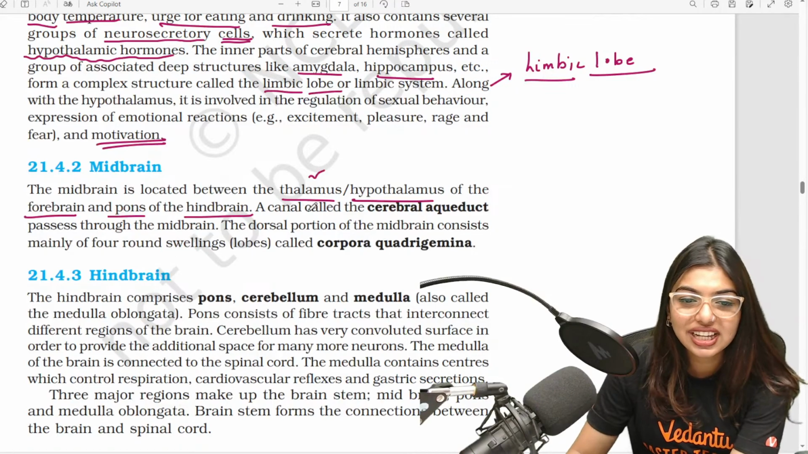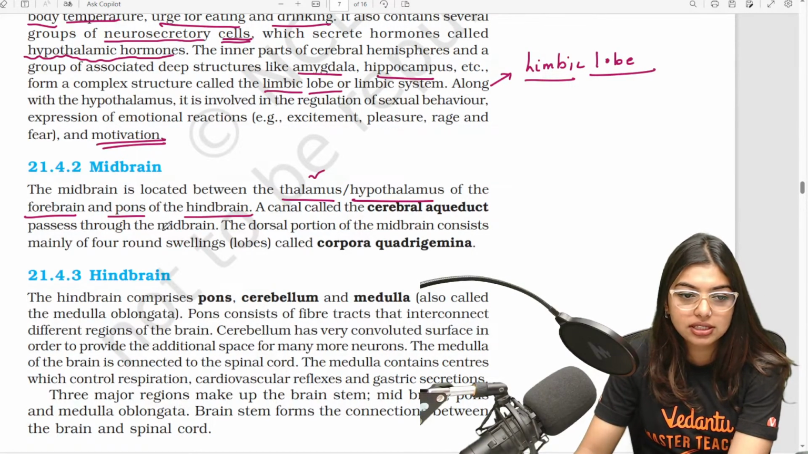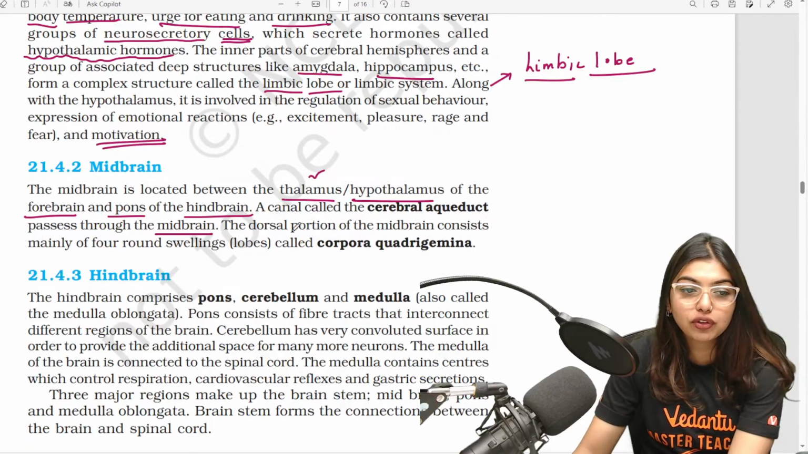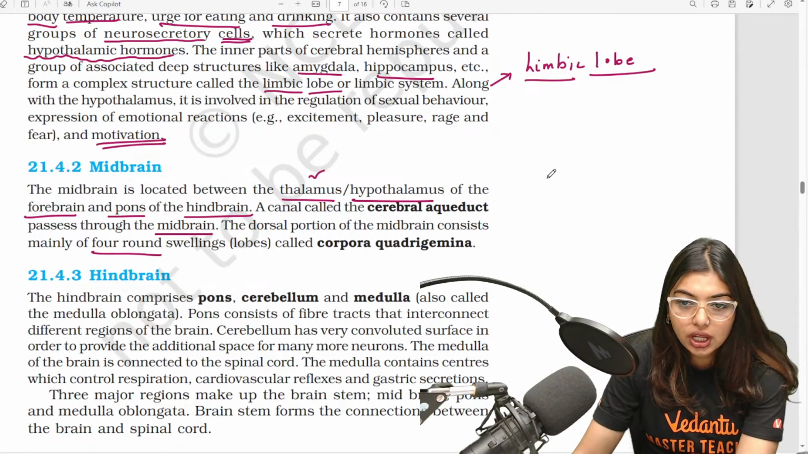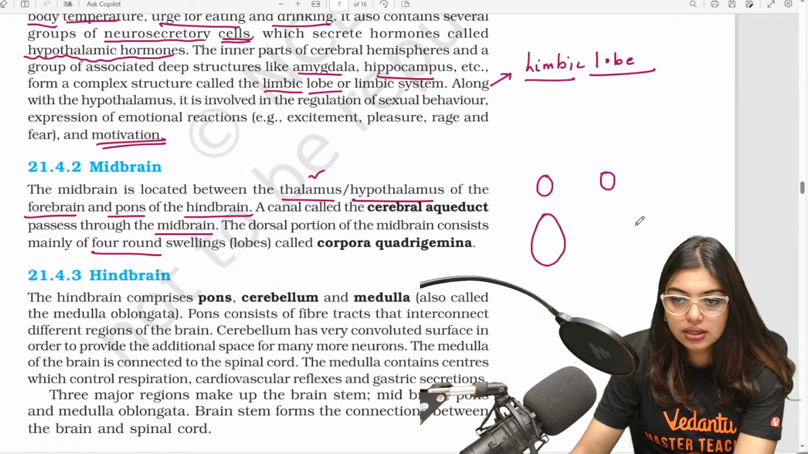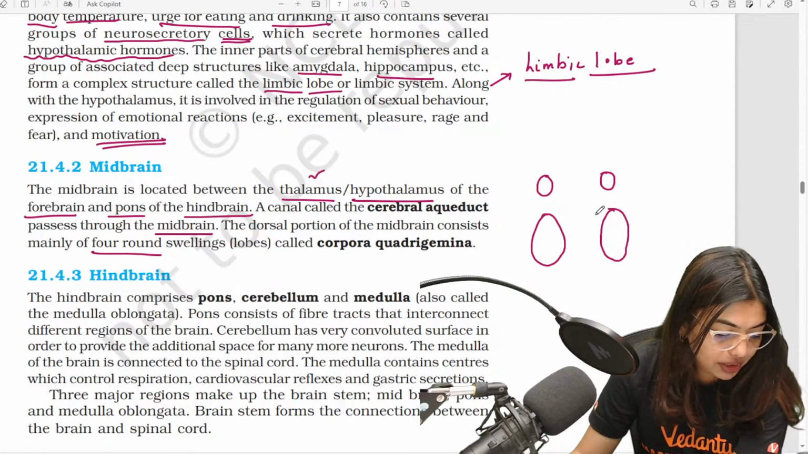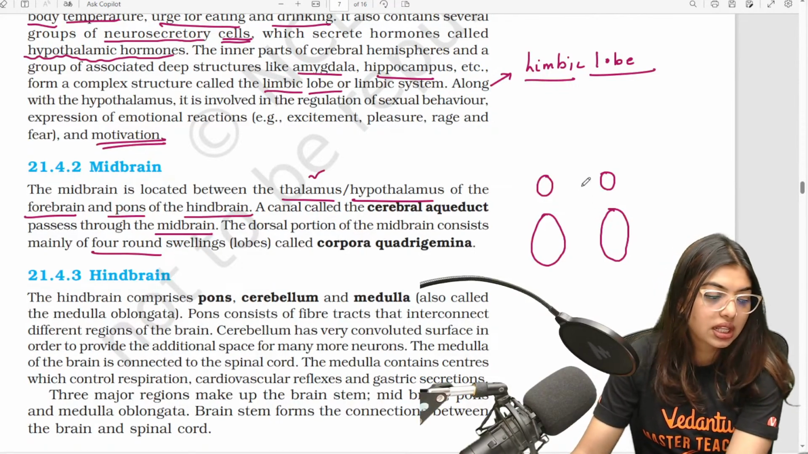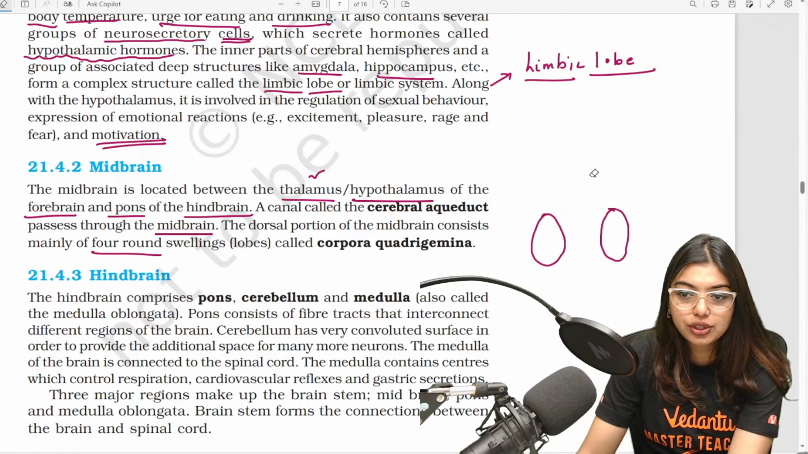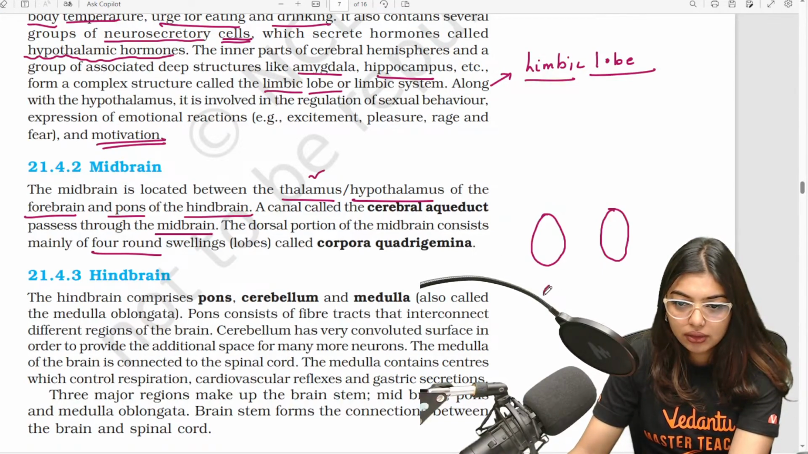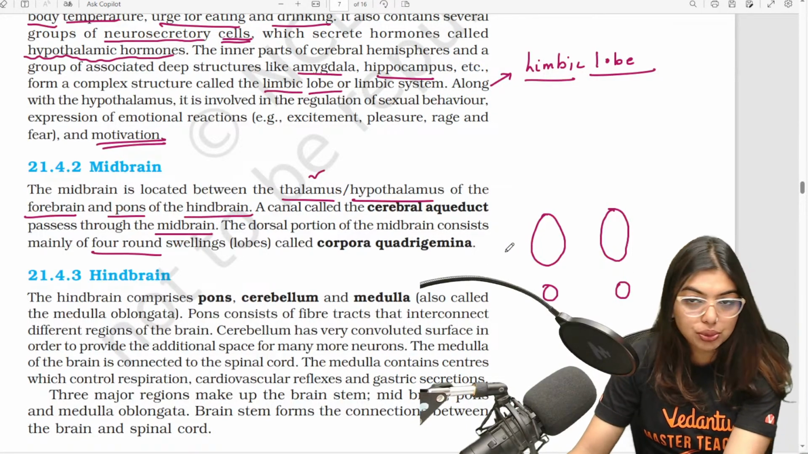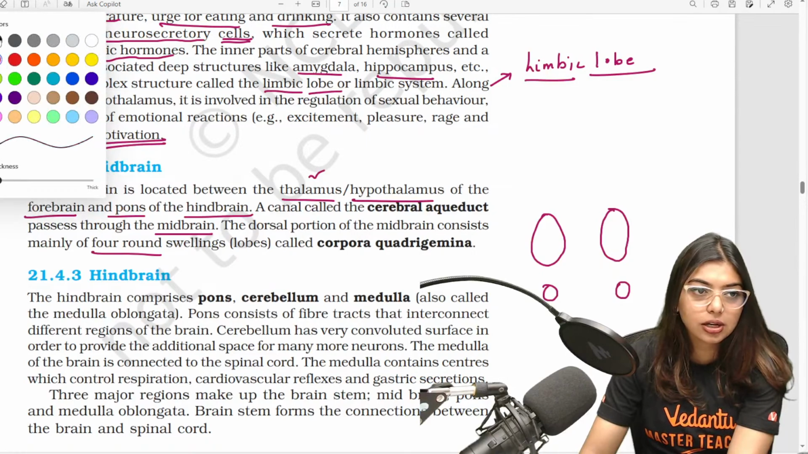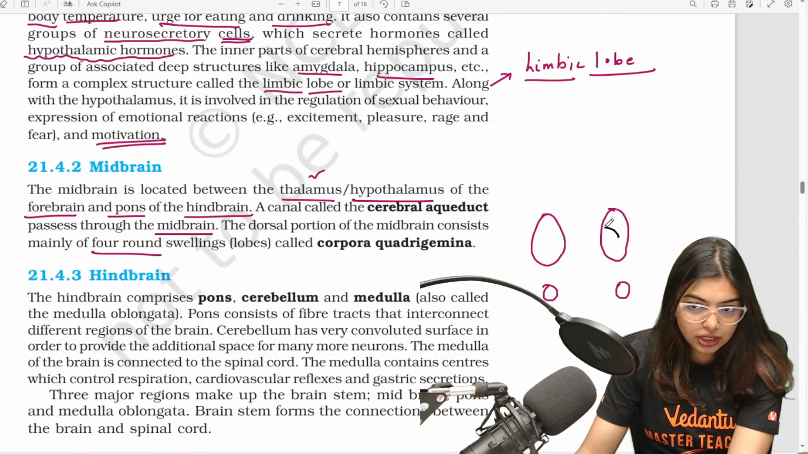Okay, so students, the canal called the cerebral aqueduct passes through the midbrain. The dorsal portion of the midbrain consists of four round swellings. This, this, and this. These are your corpora quadrigemina. This corpora quadrigemina, students, is going to control your vision. Okay, let me draw it here. It is going to help with your visual and auditory reflexes. Is this clear? Now you can draw a structure like this,